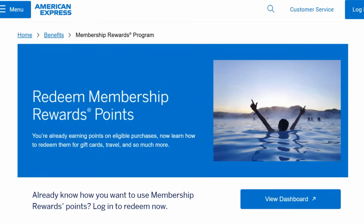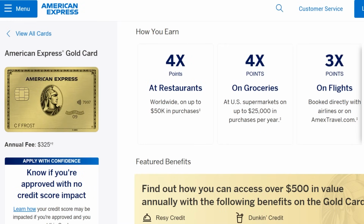Next up are Amex Membership Rewards points. Now, Amex makes it really easy to earn a ton of points really quickly with a few specific cards, most notably the Amex Gold Card, earning 4x on dining and grocery store purchases. However, just like the Amex Gold Card has a really high annual fee of $325 to do so,